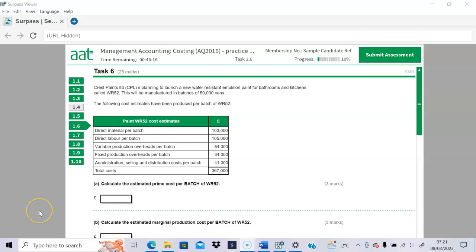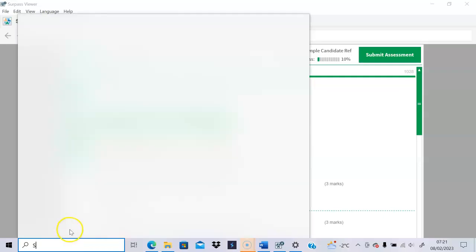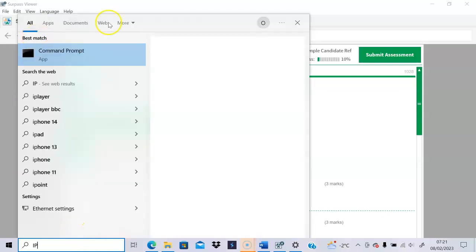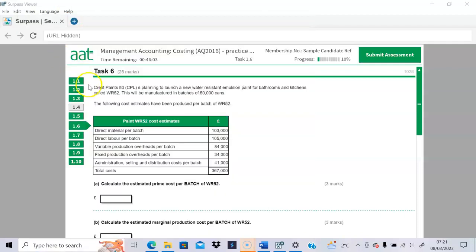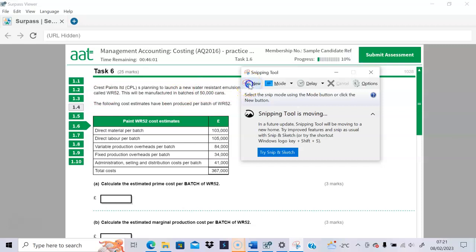Right. So what we have here is an attempt to. Oops, sorry. Just do this snipping. What we have here is,